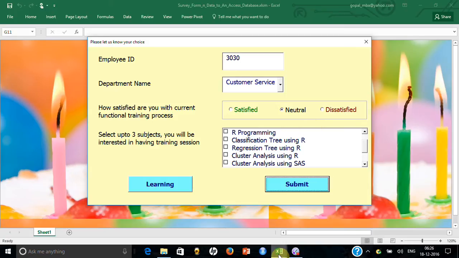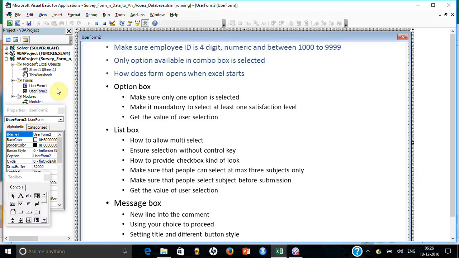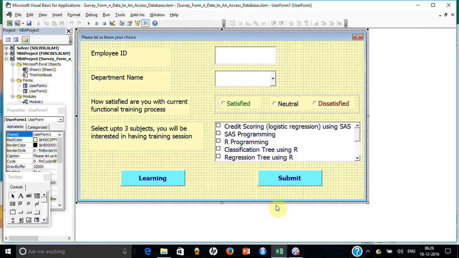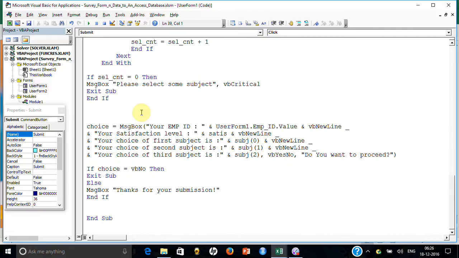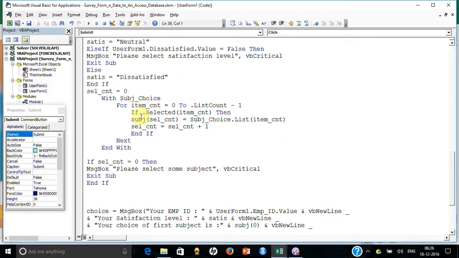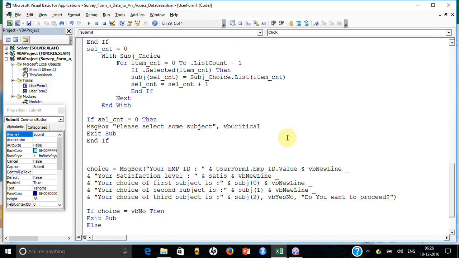So what I have done here, in fact, if you go and take a look at the command here, the moment you click in, it is checking how many subjects you have selected, and the moment your select count is 0, it is saying please select some subject. So that's where it is ensuring that you have to select at least 1 subject and at max 3 subjects. And then how this message box is showing you